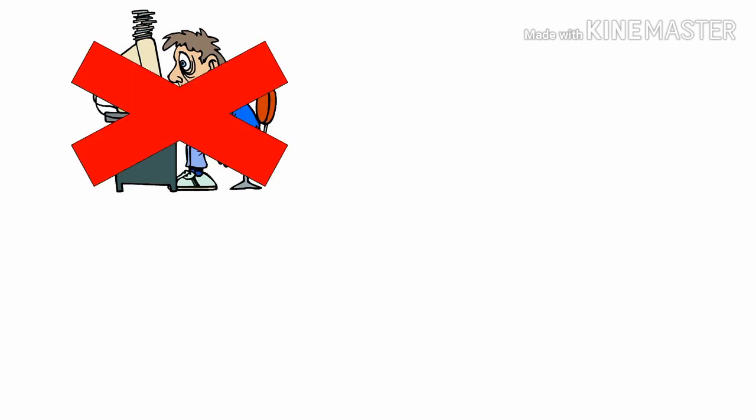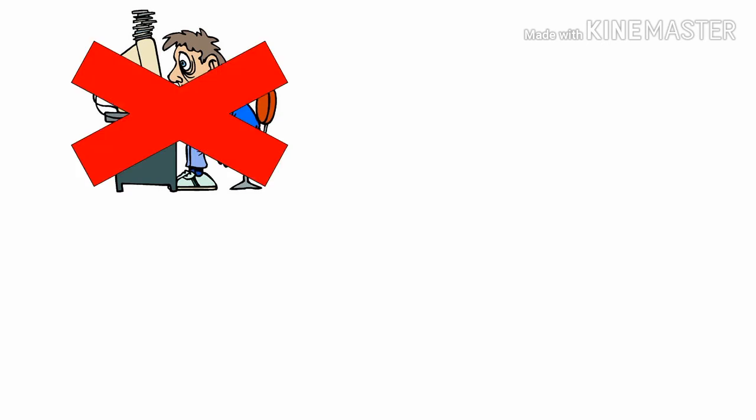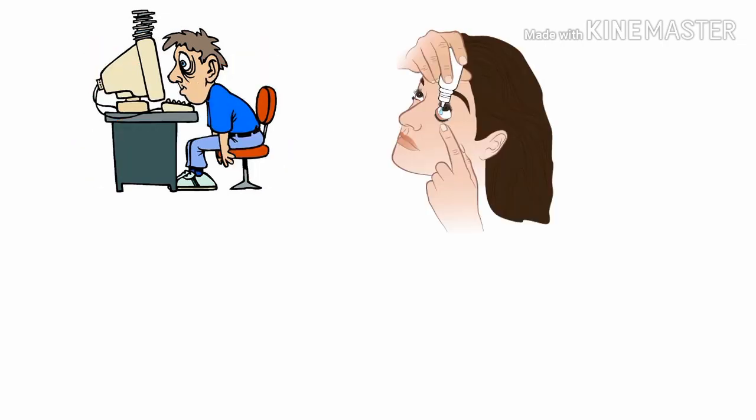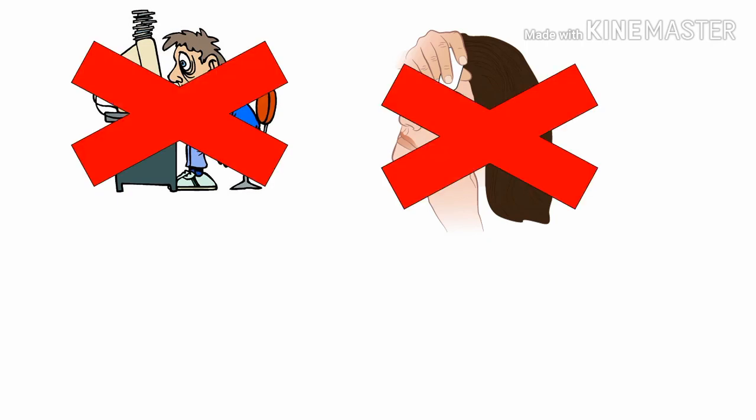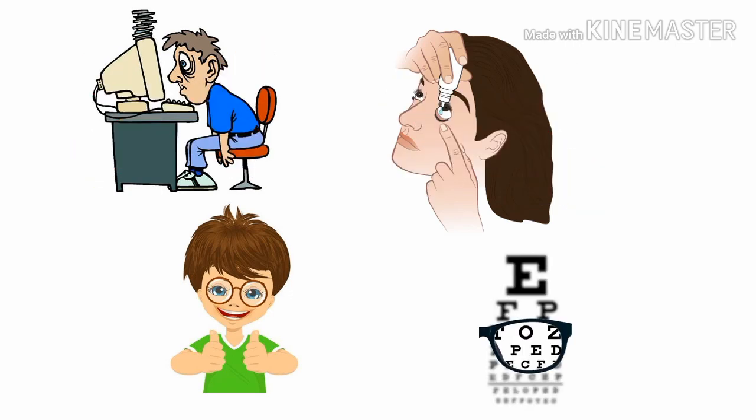Precautionary measures should be followed to prevent health problems and possible defects of the eye. Here are some precautions. Do not watch television or use computers continuously. Do not use eye drops or any other liquid in the eye without medical advice. Do not use someone else's spectacles. If you have an eye defect, use a suitable pair of spectacles.